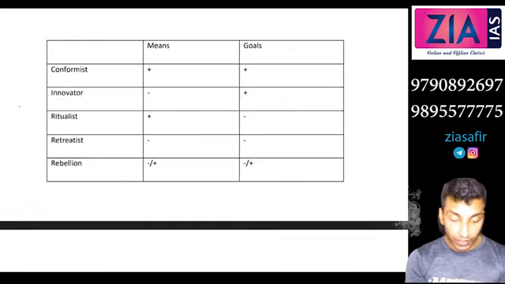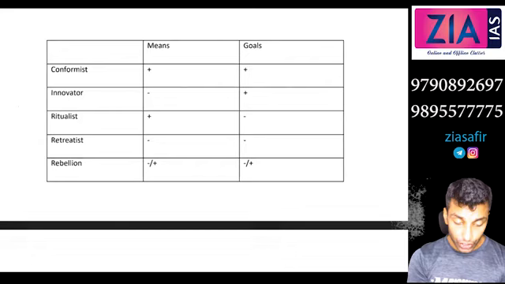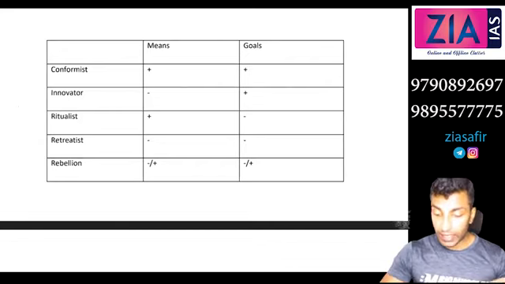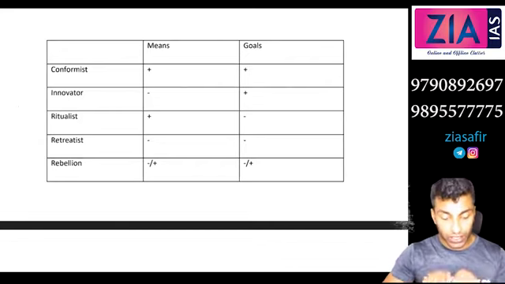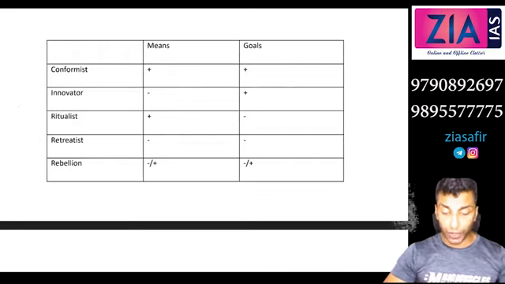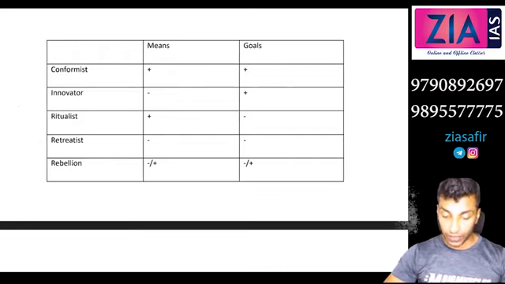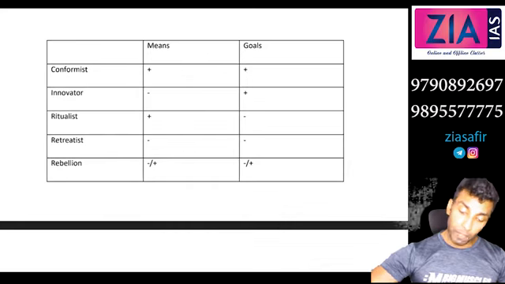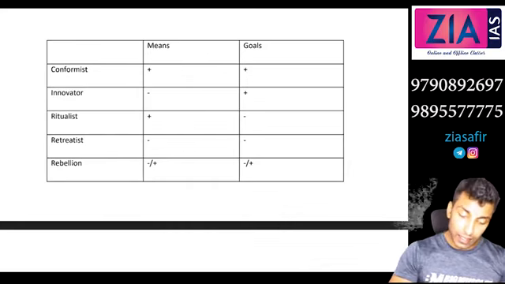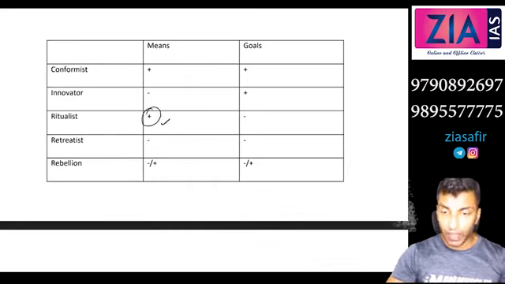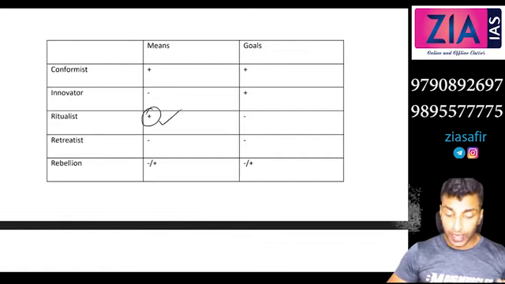Yes, sir. Now the third one, ritualist. When we talk about the ritualist, you can see they are following the rules, regulations, means, the correct means, but they never achieve their goals. Just like some bureaucrats excessively sticking to the rule book and following the rules, that leads to red tapeism,